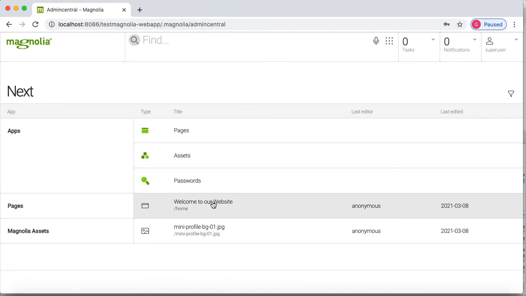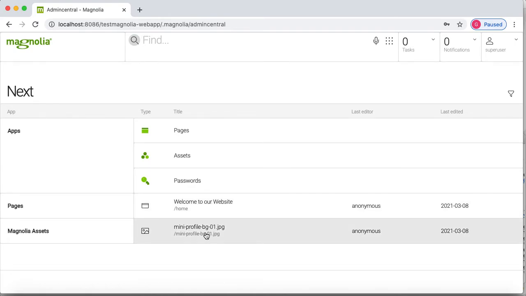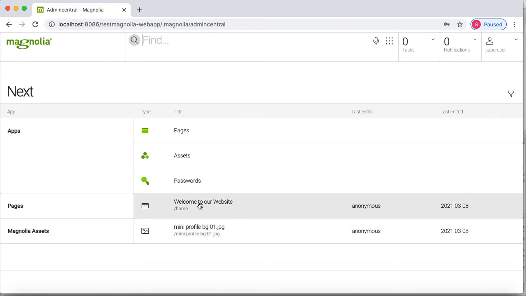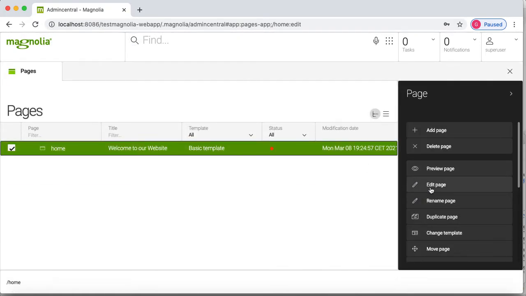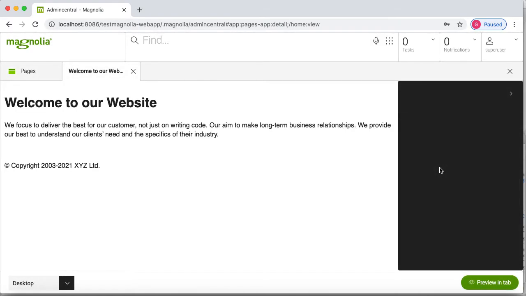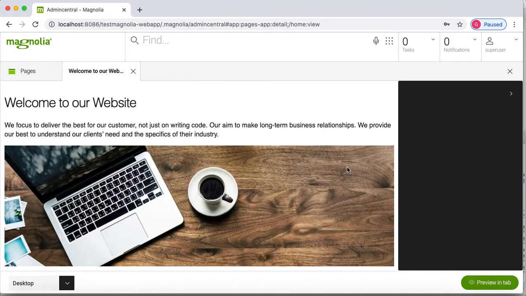We have that home page, and the asset I committed from author is correctly showing here. We can go to the home page, and we can also see the preview. It is the same as what we have in the author server.